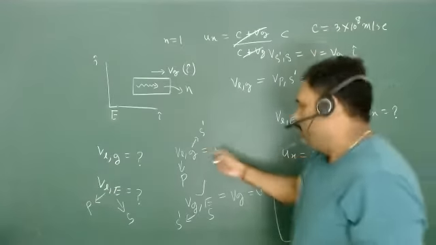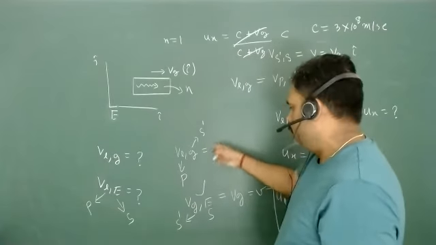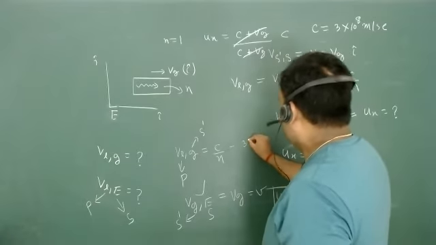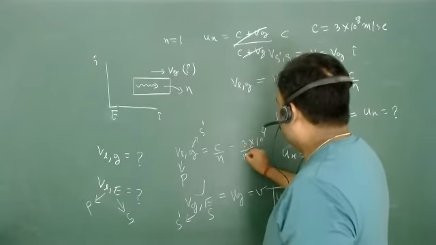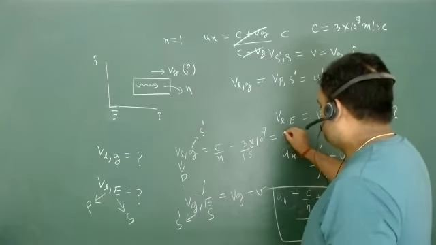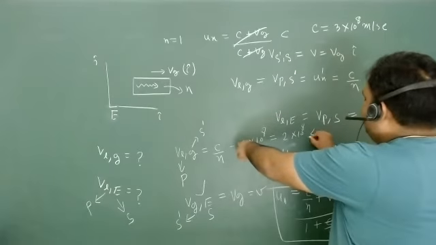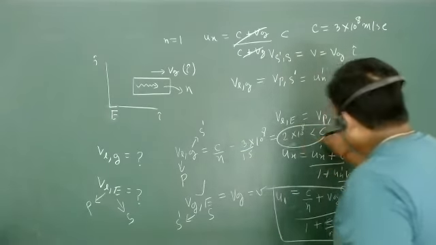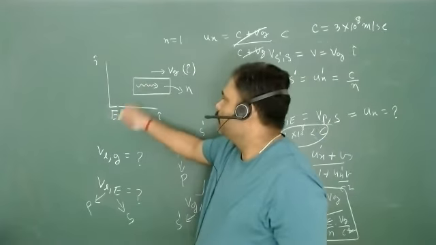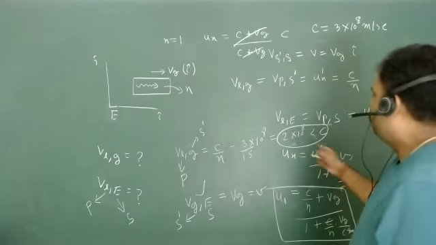And look here, this is just the same light. But what will happen? This number is going to change, isn't it? You can take n as something like 1.5. So this number is 3 into 10 to the power 8 by 1.5, so it is going to change, isn't it? This will be something like 2 into 10 to the power 8, which is less than the speed of light. So when it is less than the speed of light, the observer attached to Earth will see an entirely different speed, and you can easily calculate this for n is equal to 1.5, isn't it?